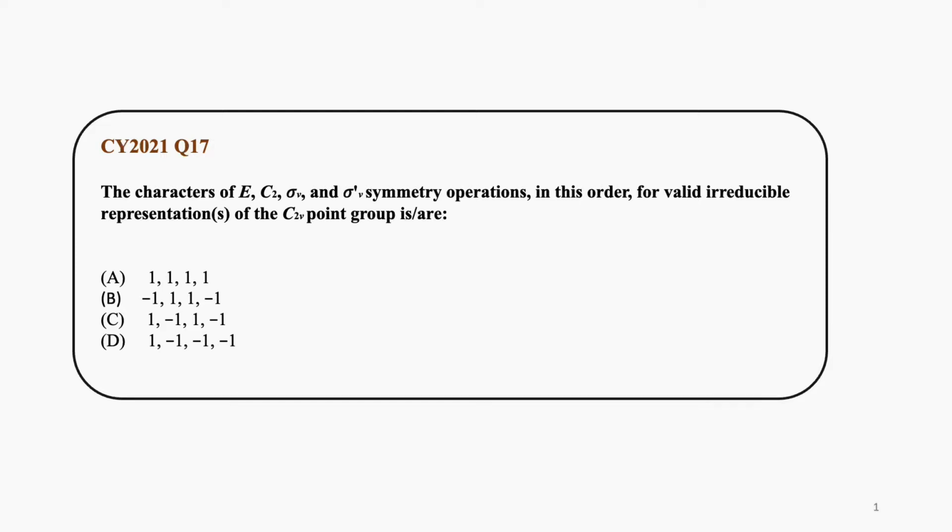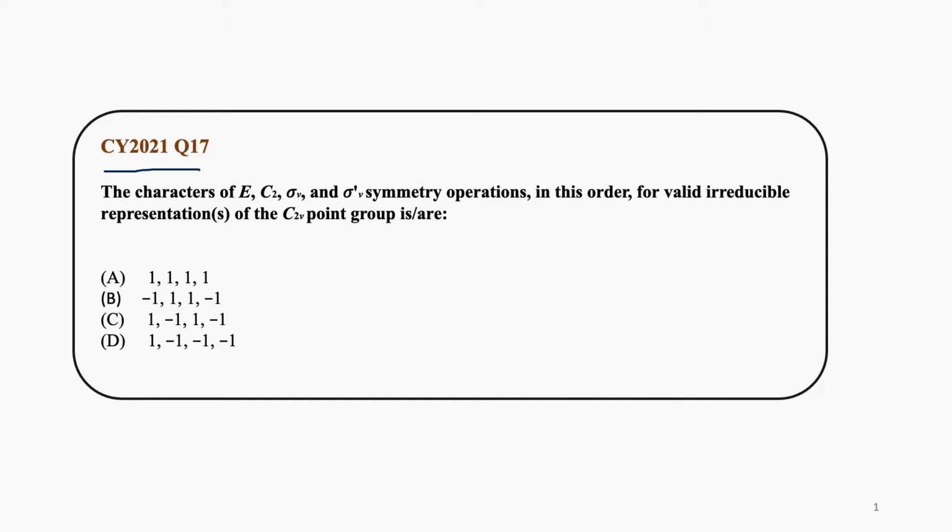We will be discussing question number 17 from Chemistry GATE Exam 2021. The characters of E, C2, sigma v and sigma v dash symmetry operations, in this order, for valid irreducible representations of the C2v point group is or are: